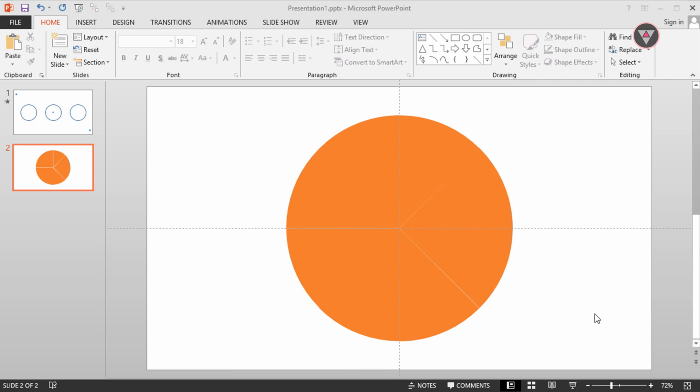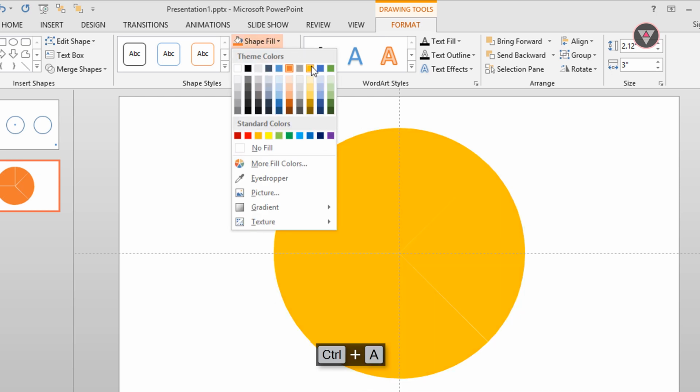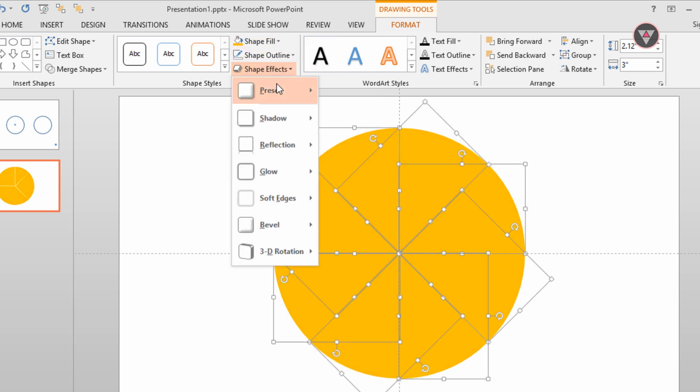Okay, I'm done. I'm changing the color and outline to my satisfaction. You can change them to your satisfaction.